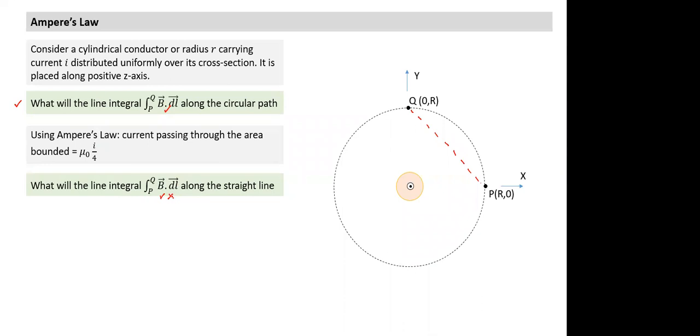If at all we have to solve this part, we have to apply Ampere's law. Jaideep, do you think you can apply Ampere's law and evaluate this term? Sir, I don't think Ampere's law will be applicable, sir. No, right. For this particular path, it is not applicable. It was not applicable even in the quarter of the loop. How do we make it applicable? Forming a closed loop, sir. We formed a closed loop.